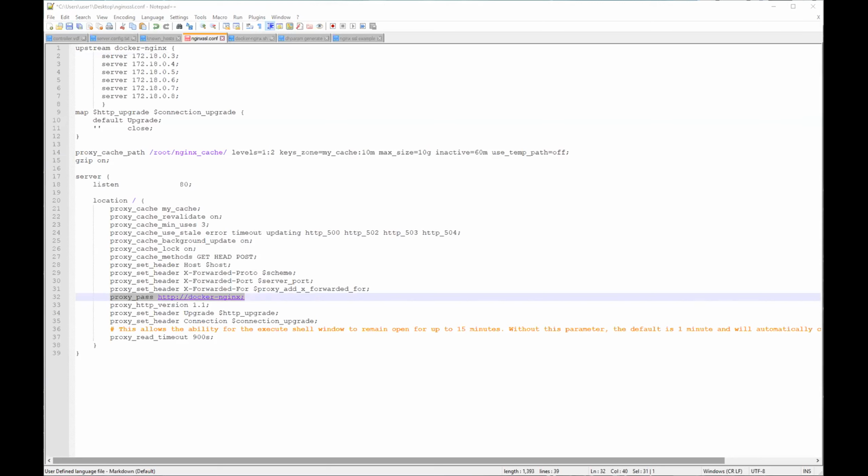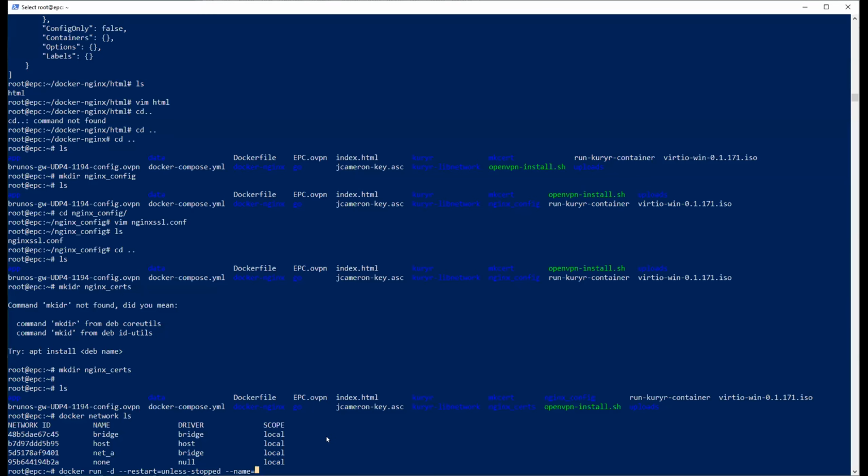Let's go back to the terminal. So we make a container named docker-nginx1. We're going to have more, and we attach it to a network called net_a, was it? Yeah, net_a, and we give an IP to the container.